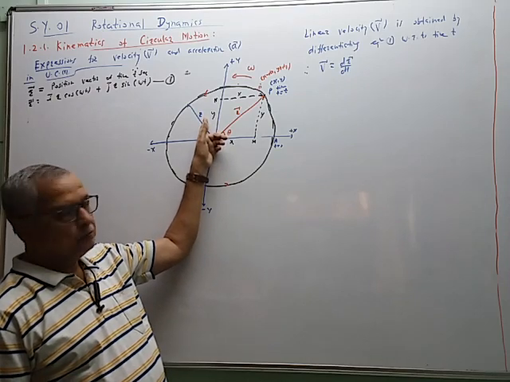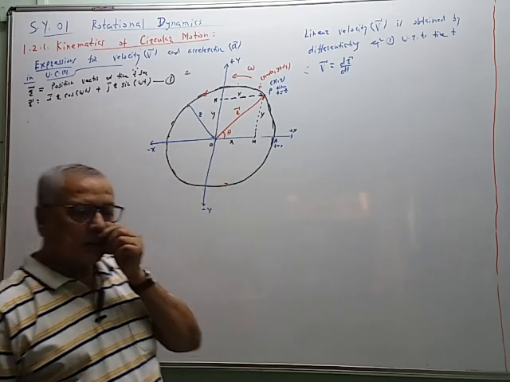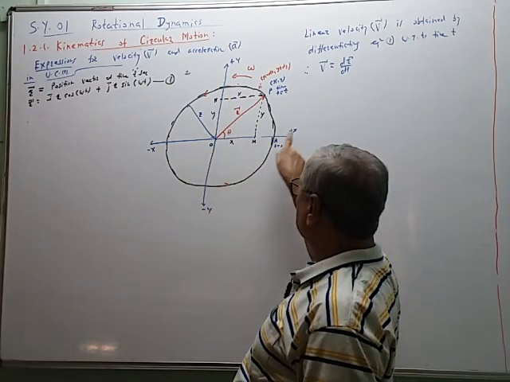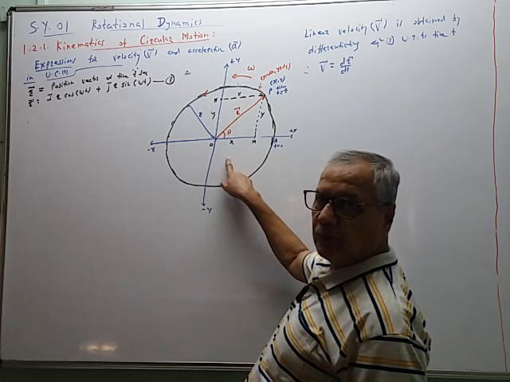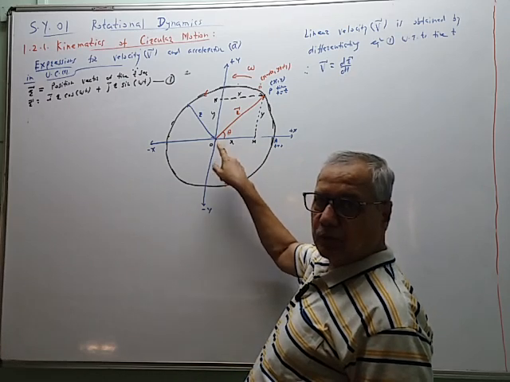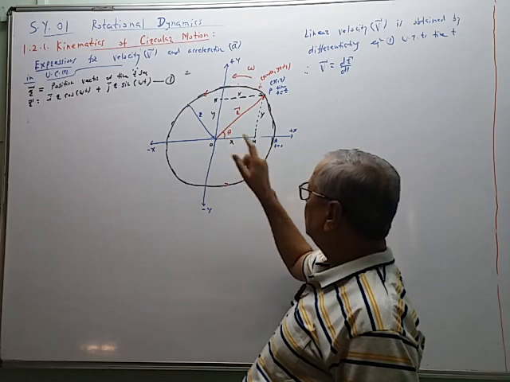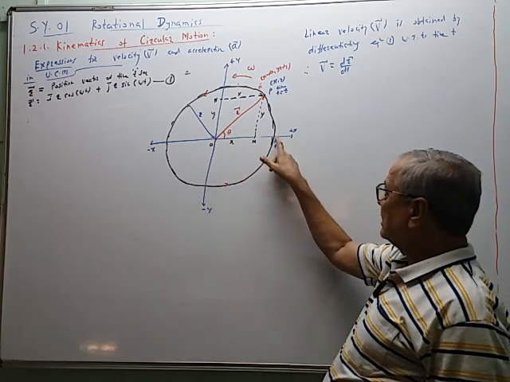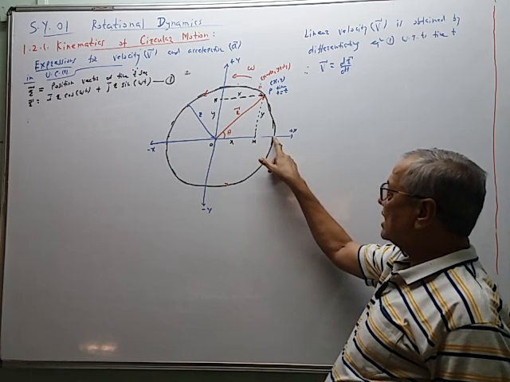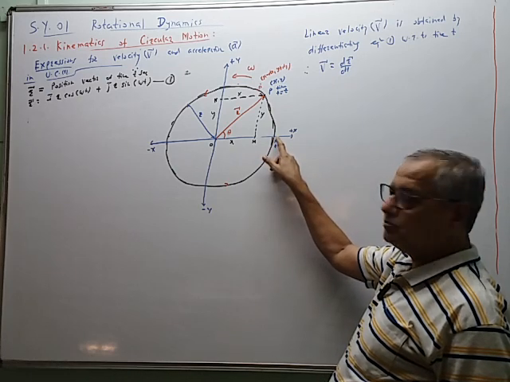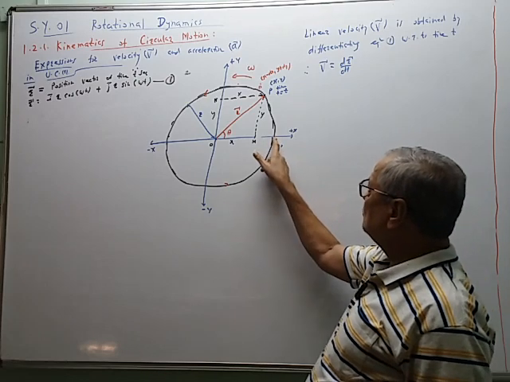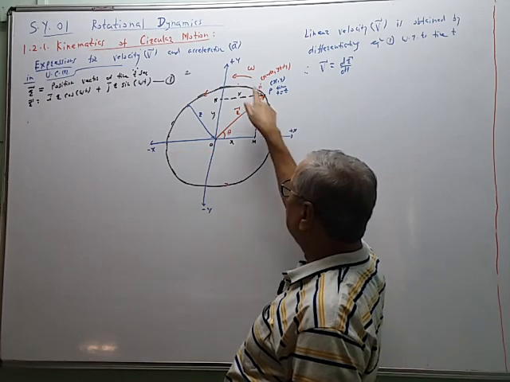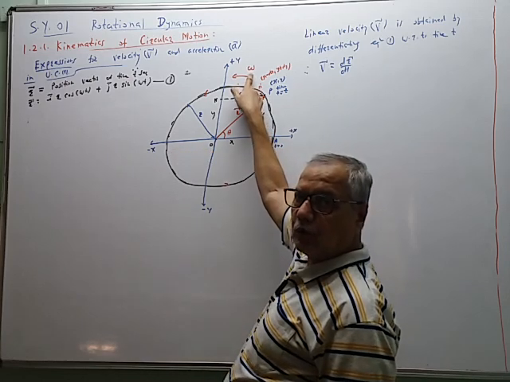to R. This center of the circle also coincides with the origin of the Cartesian coordinate system xOy. So O is the origin as well as the center of the circle. Now at time t equal to 0, the particle performing uniform circular motion starts from A on the x-axis. In time t seconds, the particle moves from A to B. The particle is performing uniform circular motion in the anticlockwise direction with constant angular velocity omega.